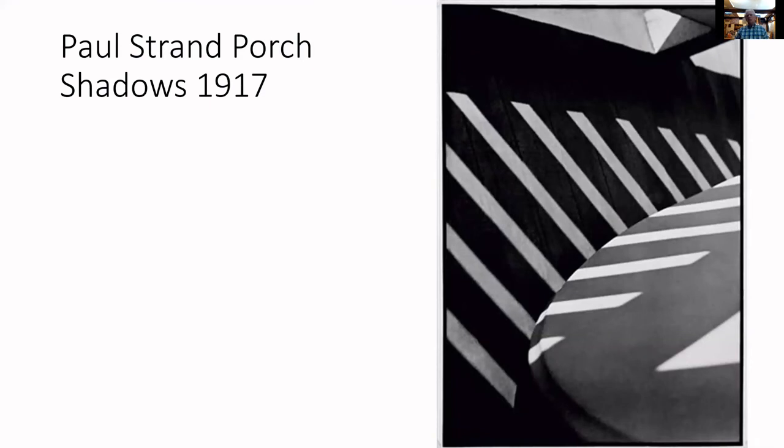And so he stops using the devices that all the pictorialists had used, putting Vaseline on the lens and moving your camera a little bit so the focus was soft. And he starts doing what we today would call straight photography, which is absolutely looking at what's there, arranging your composition, maybe your light, but not really greatly modifying it in terms of trying to make it look like a painting. And this is spectacularly important for the modernist photography movement and for the modernist movement.